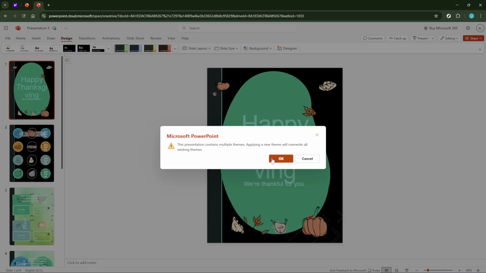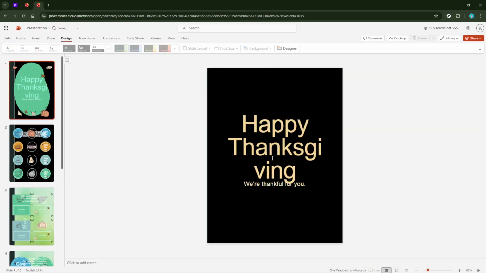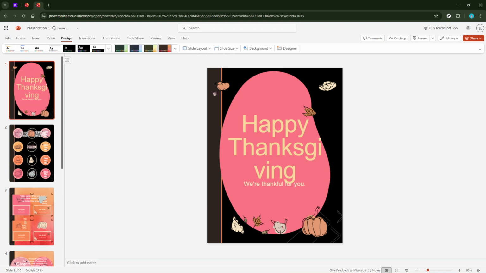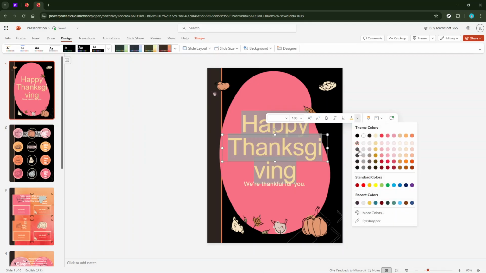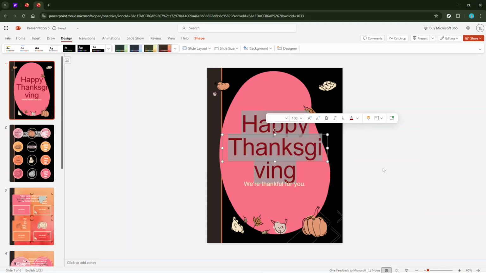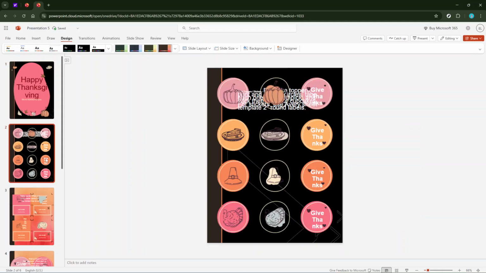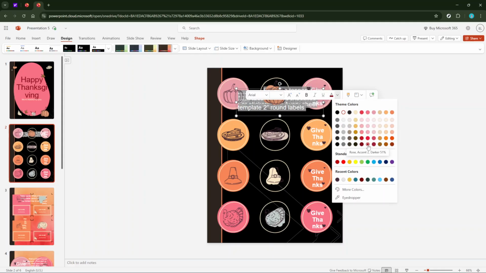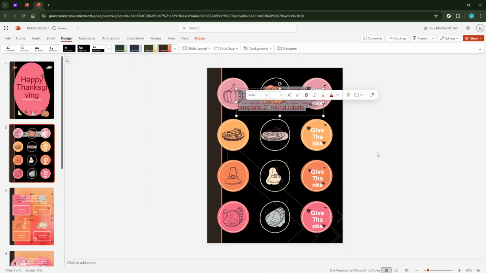Now it's time to choose new colors for various elements of your presentation. These elements commonly include text, background, accents, and hyperlinks. Consider selecting colors that complement each other well, and think about accessibility factors, like contrast, to ensure your presentation remains readable and effective. Feel free to explore different combinations and take your time with this step. Experimenting with various colors is a fantastic way to see what fits best with your content and presentation goals.